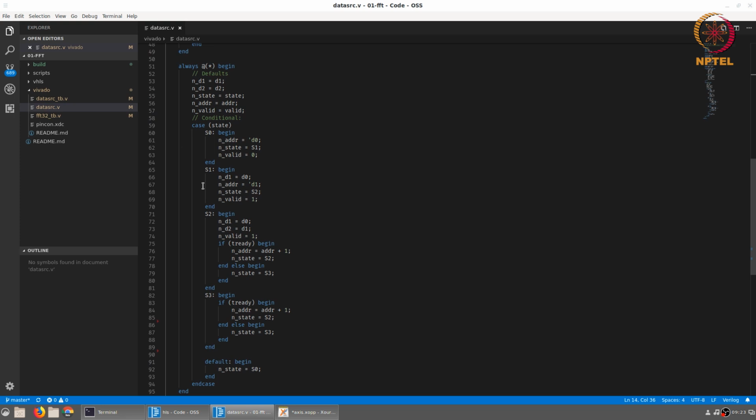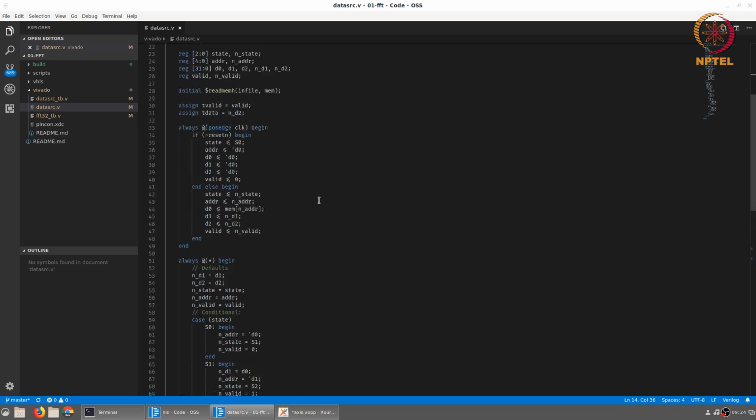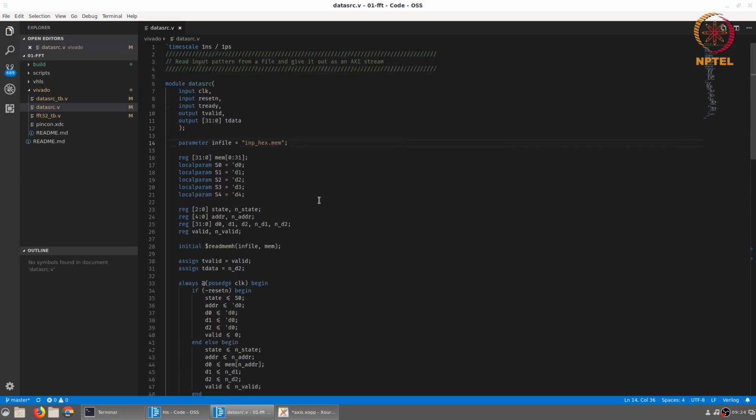It has multiple states, mainly to account for the fact that the block RAM in which the data is stored has a certain read latency. But apart from that, all that it does is start putting out data, and from that point onwards, the valid signal is permanently high. It only then responds to the ready signal coming from the slave. By doing this, the simple module is able to send out data that can then be consumed by our FFT module, or as we will see in the final design, by the expected data output in the test bench as well.